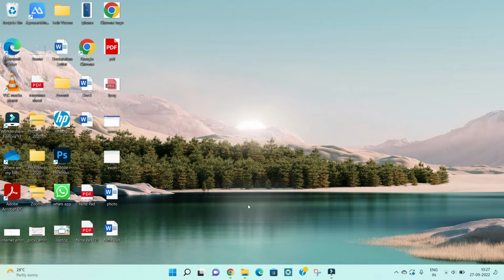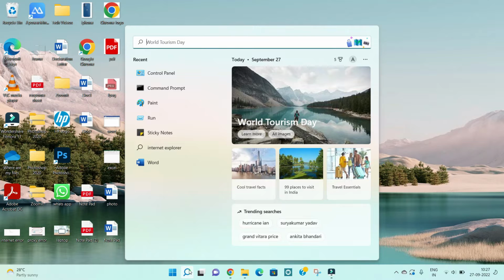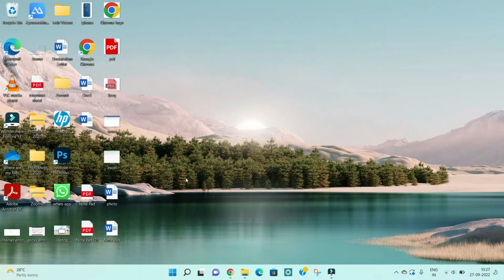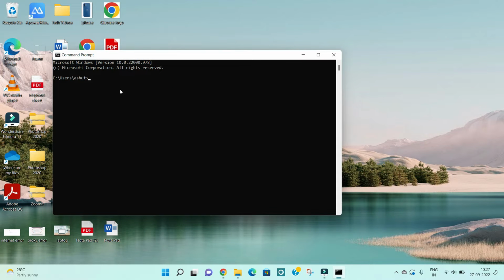Okay, guys, just go to the search bar and enter the command prompt. Okay, the new window is open and mention the IP